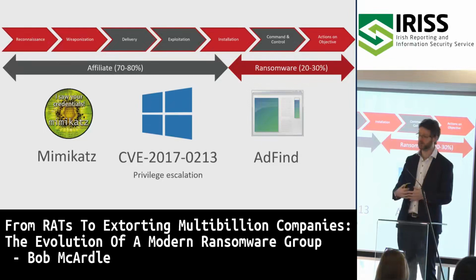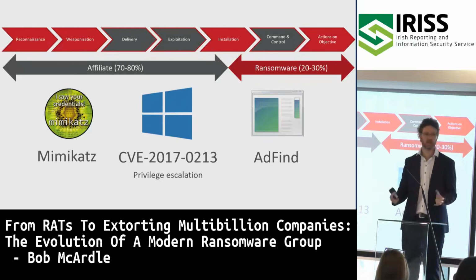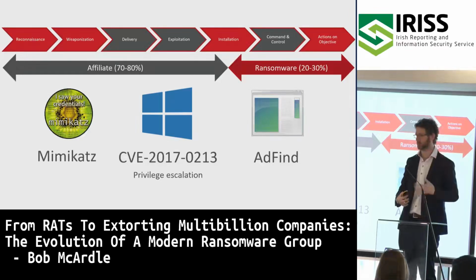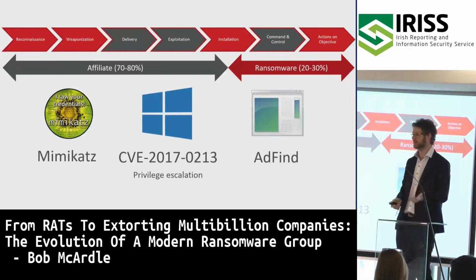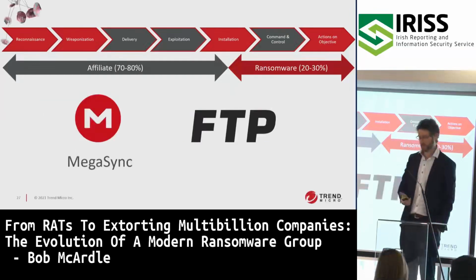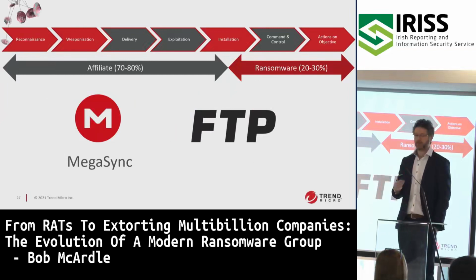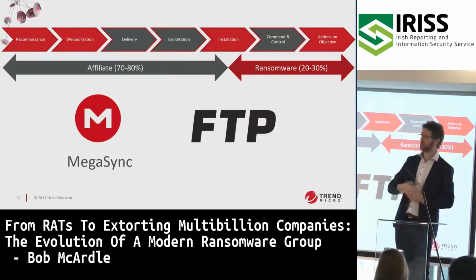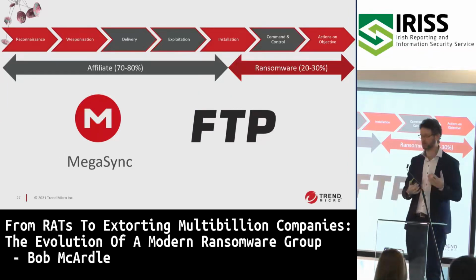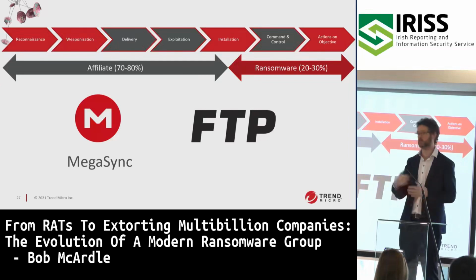So for example, if they found out it's like 50 seats, they might say, okay, Nephilim are never going to pay for that. I'll go sell this to Clop or Conti or somebody like that. Whereas if it's like a Fortune 500 company, Nephilim will probably pay them more money for that than anybody else would. And then the next stage, just before the ransomware is deployed, is exfiltrating all that data off the network. Normally they bring it to one server internally first and then pull it all out of there, either using something like FTP or MEGAsync, and others use Rclone and some other things to do this.